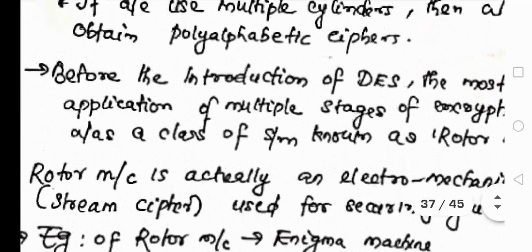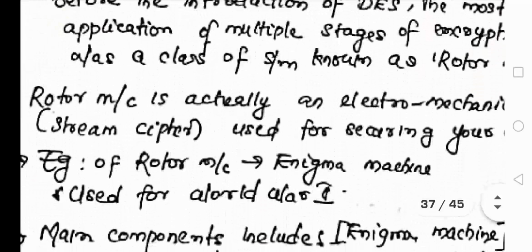So I hope you have understood the actual concept which is happening here. It was a very famous machine, and this machine was very popular and widely used until the invention of the DES algorithm. The DES algorithm means Data Encryption Standard algorithm, which we are going to study in the next classes. So until the invention of the DES algorithm, this particular method of encrypting or decrypting your data to make it secure, that means a rotor machine, was highly popular.